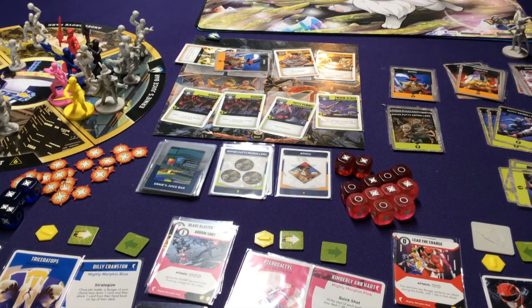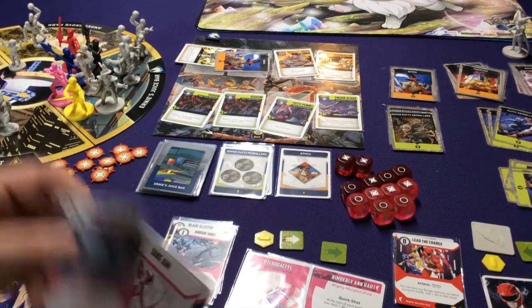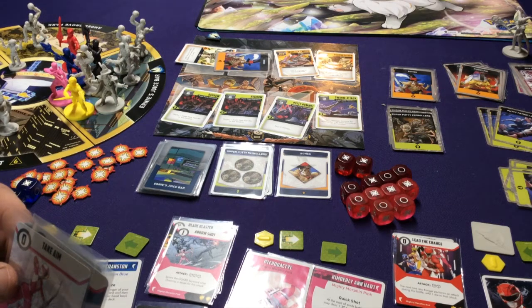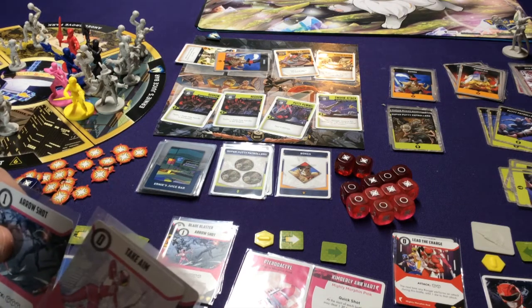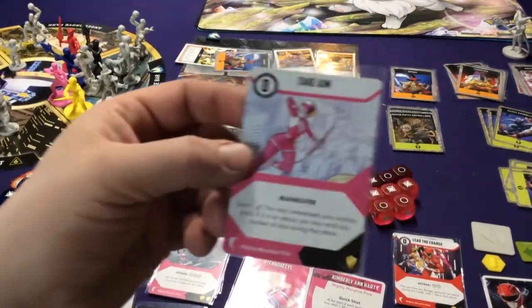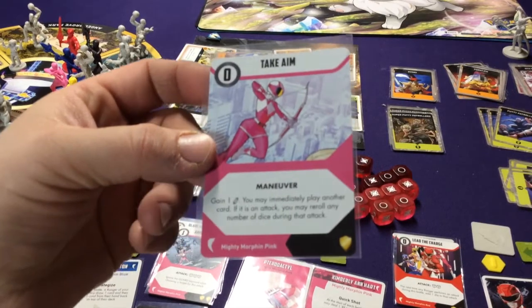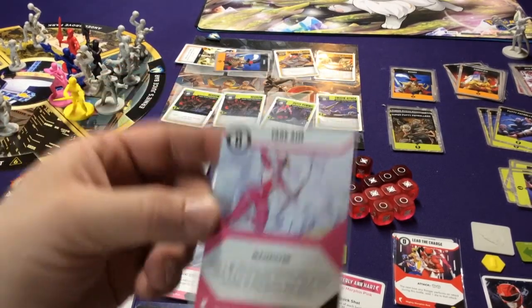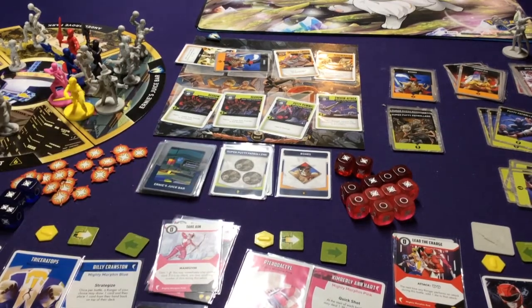Alright, so now what I'm going to do is take a risk here. First of all, we have Take Aim. Gain 1 energy, you may immediately play another card. If it's an attack, you may reroll any number of dice during that turn. So we're going to gain 1 energy. So we have our 2 that we got from there, plus we got another one. And then we're going to spend 1 of those